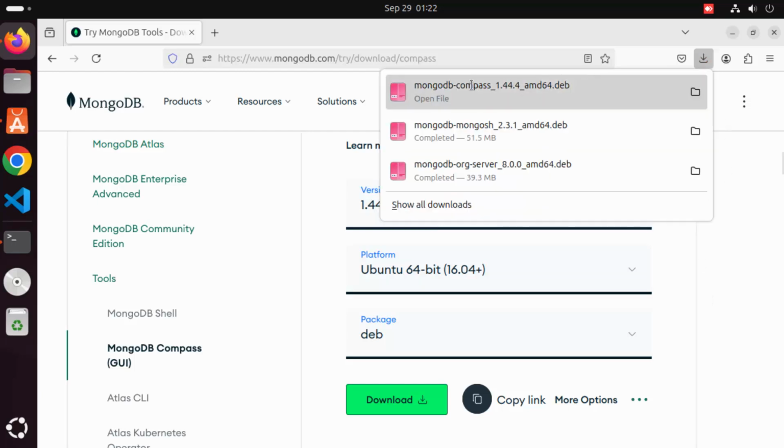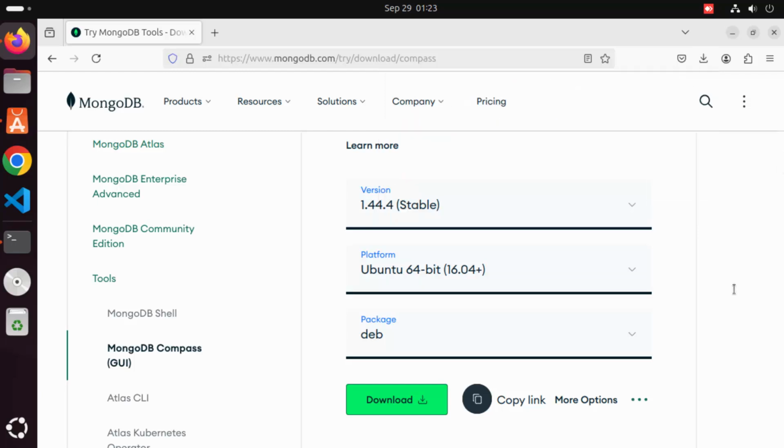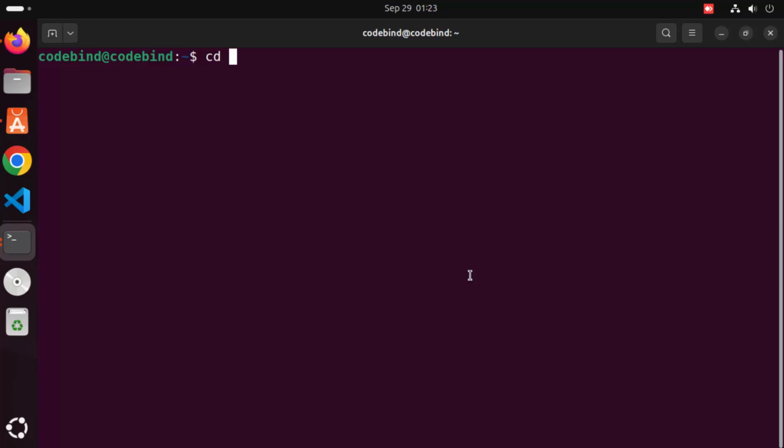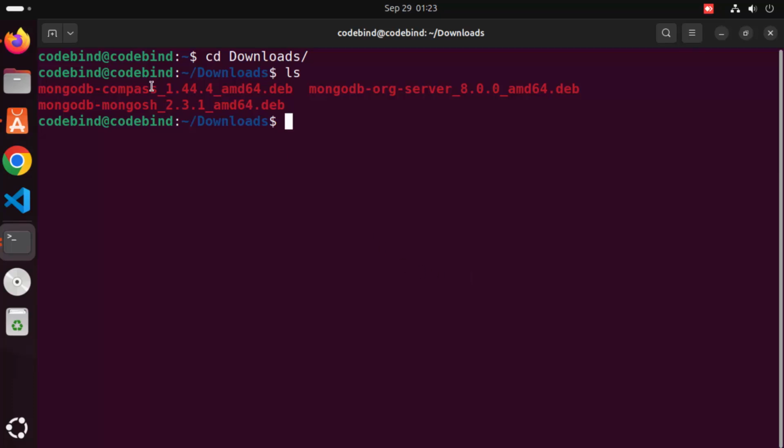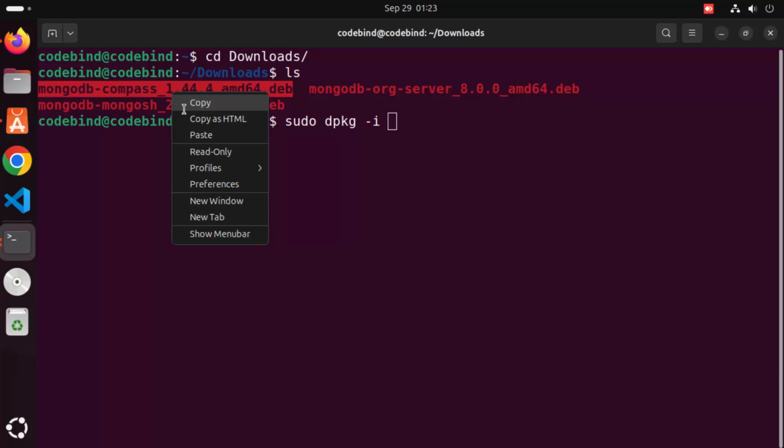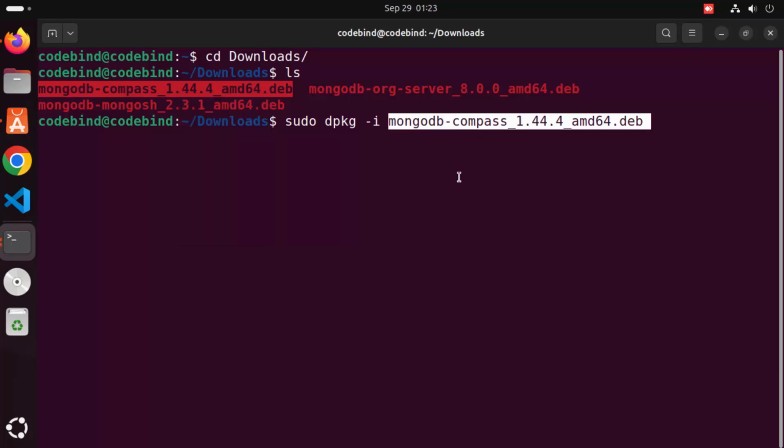And once this mongodb-compass .deb file is downloaded, let me open a new terminal, and then I'm going to go to my Downloads folder. And when I give this ls command here, you can see the name of this file here, which is this one. So in order to install MongoDB Compass using this .deb file, just write sudo dpkg -i and the name of the file, which is MongoDB Compass. So I'm going to right click, copy, and right click, paste the name of the file,